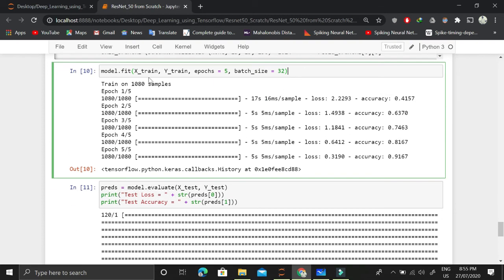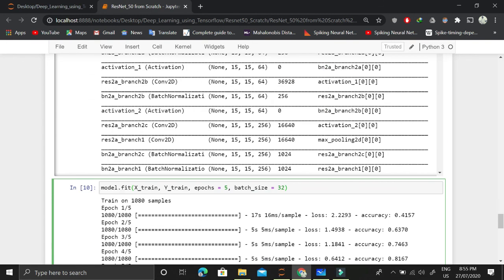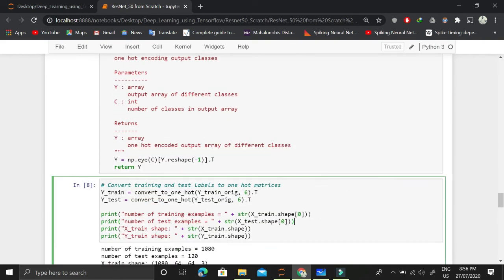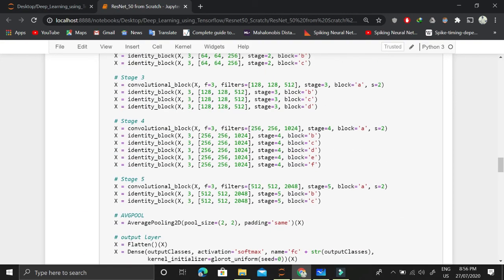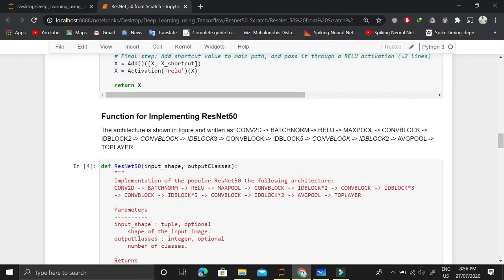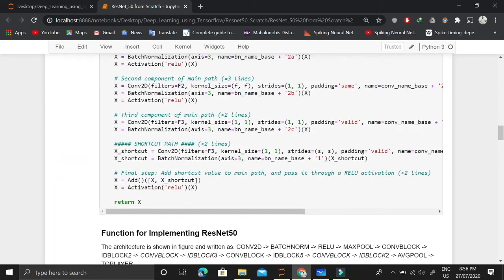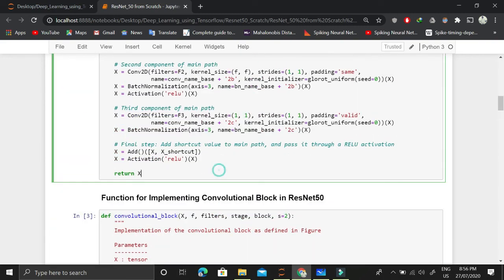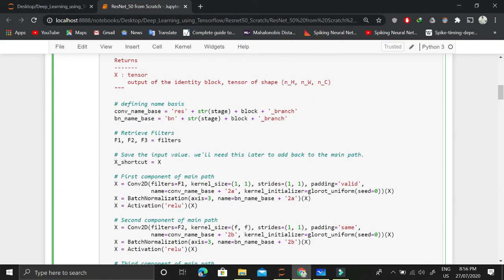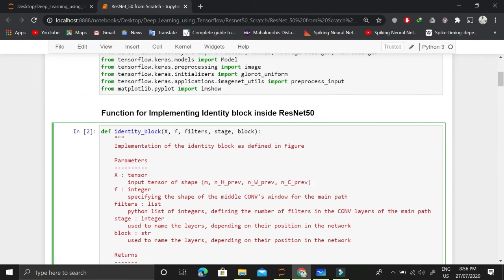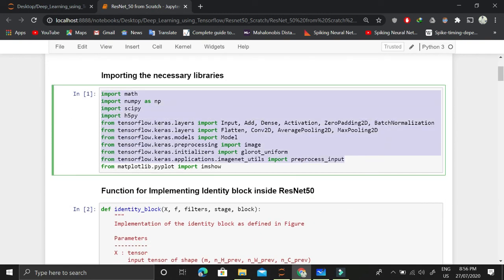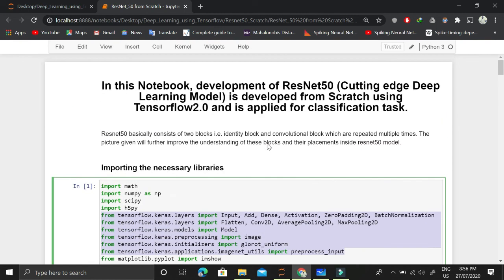Okay, so then we fit the data, and while fitting, all of the feed forward and backward propagation, all of the adjustment of weights and differentiation, all of the things will happen automatically. And this is the beauty of TensorFlow. Look at the simplicity with which we have implemented this difficult ResNet 50. All of the calculations we are unaware of, we have done no mathematics at all, and all of it is done by TensorFlow. That's why I love TensorFlow. I think this whole ResNet 50 implementation is now clear.